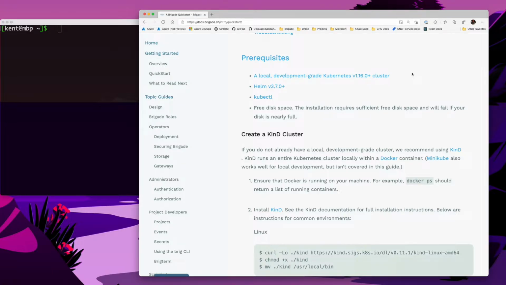Let me take a moment to address what we mean when we say local development-grade cluster. The steps we're following in this tutorial deploy Brigade using some insecure default configuration. It is in no way a production-grade deployment. We'll cover that in another episode. With this being the case, we recommend completing this tutorial in a small cluster that you can throw away when